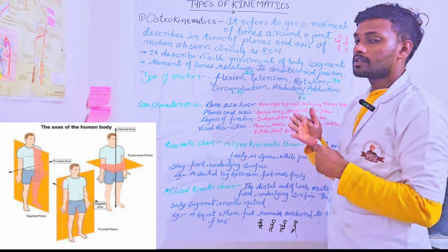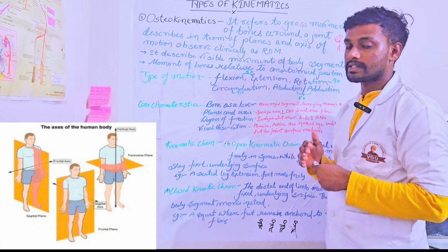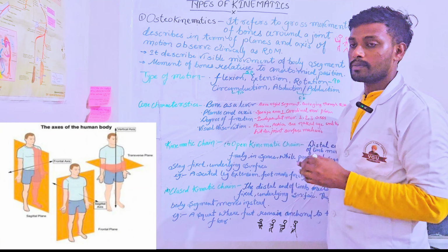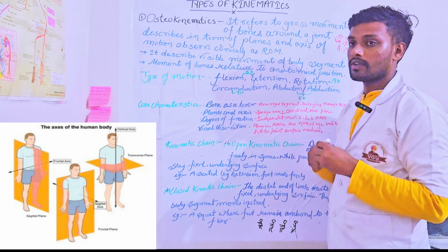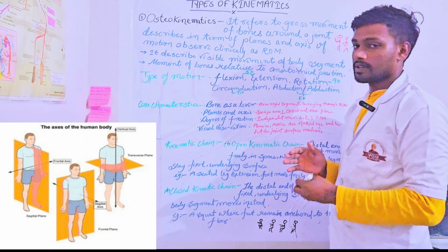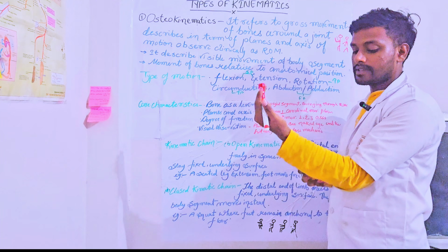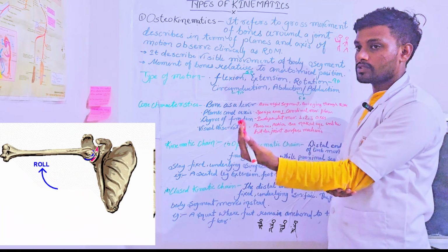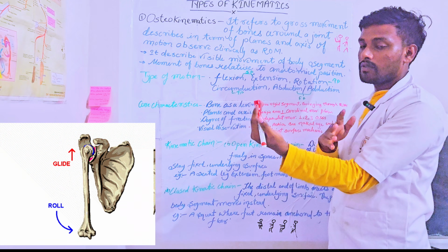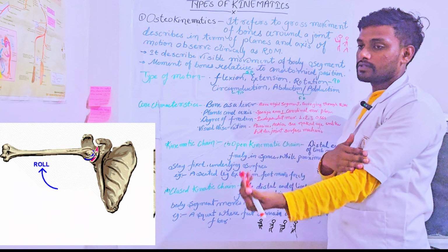It is also described, in research or medical terms, or to make it easy to understand, by the planes and axis: in which plane the movement has to be performed, and around which axis the joint is fixed and the movement occurs. It describes the physical movement of the body segment. As you know, the movement can be seen by your naked eyes. It is like flexion and extension of the elbow joint, with a fixed joint or fixed axis acting as a fulcrum